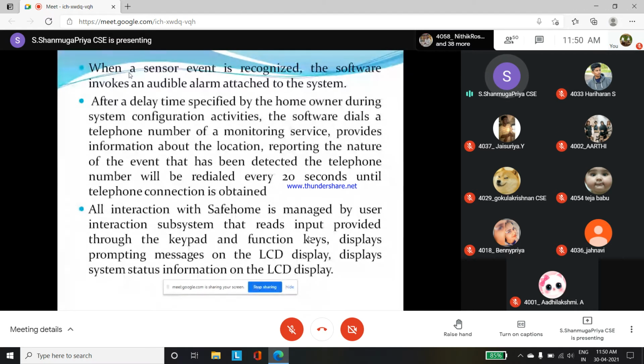mobile number. I have to send the location. So here some unwanted activity is going on, so it has to dial the telephone number, and every 20 seconds it has to redial it, okay. So over 20 seconds it has to redial it and inform ஏன்னா அந்த இங்க இருக்காங்க அப்படிங்கிற மாதிரி இன்ஃபர்மேஷன்ஸ் போயிட்டே இருக்கணும் அப்படின்னு சொல்லியிருக்காங்க.